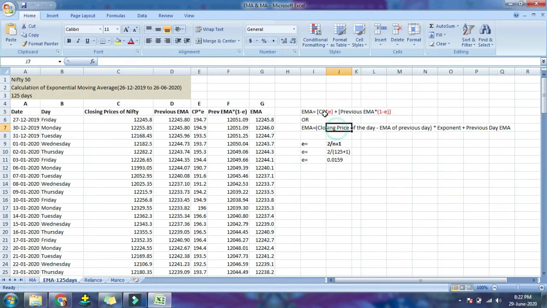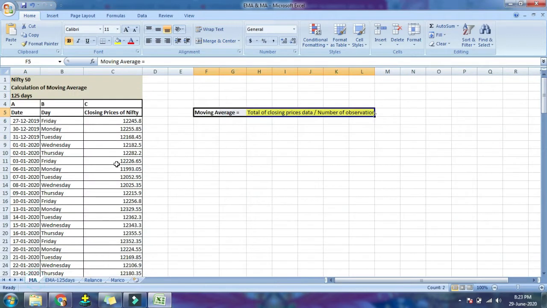Wait, what is she explaining? If something like this popped up in your head, let me explain this with more clarity. As you will see on this screen, the formula for EMA is current price into E plus previous EMA into 1 minus E. Let me repeat it again. Here you are giving one part of the weight, that is E, to the current price, and the balance, that is 1 minus E, is assigned to the previous EMA. I hope now it makes sense. So now let's take a look at the Excel sheet.